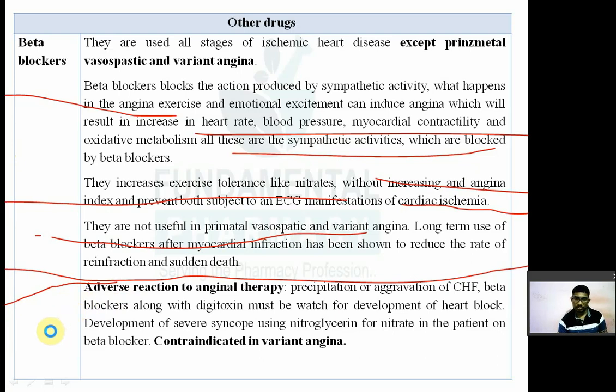Okay, with the beta blocker along with the digoxin, it must be watched for development of heart block. So beta blockers and digoxin साथ मिलेंगे तो heart block भी हो सकता है, तो थोड़ा सा मॉनिटर करना पड़ेगा. Development of severe syncope can occur using nitroglycerin or nitrate in a patient with the beta blocker,